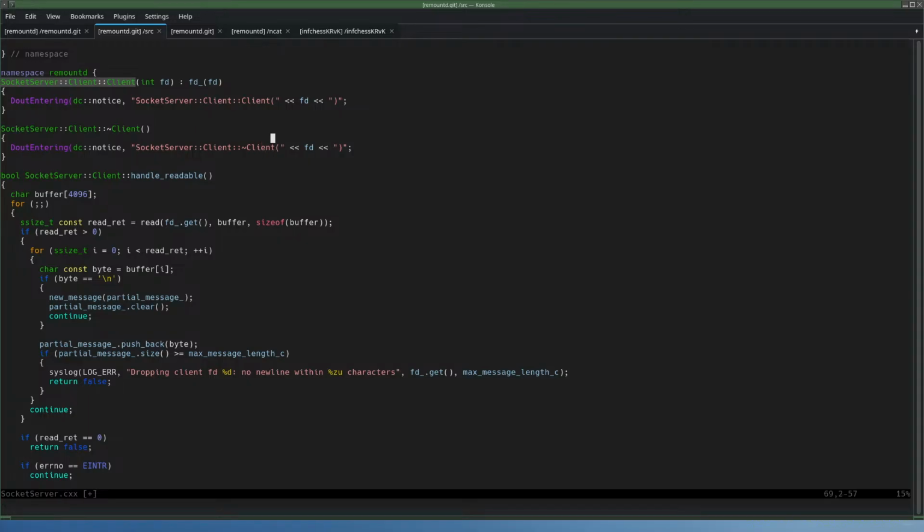Do I want to print a file descriptor? Can print this pointer. That's what I usually do. And then here as well. Okay. Handle readable.